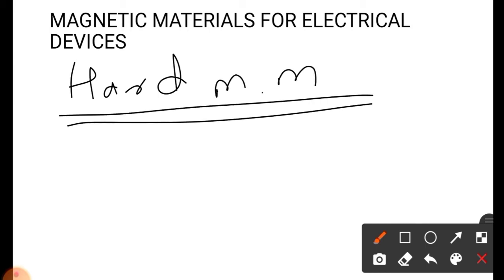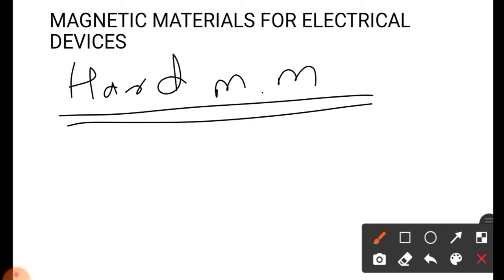In the last slide, we have seen about hard magnetic material. Firstly, we will revise this point. Hard magnetic material has high retentivity and high coercive force because the area occupied by the BH curve is high. Second point is hard magnetic material has high hysteresis loss. Third point is high eddy current loss. So these are some points related to the hard magnetic material.